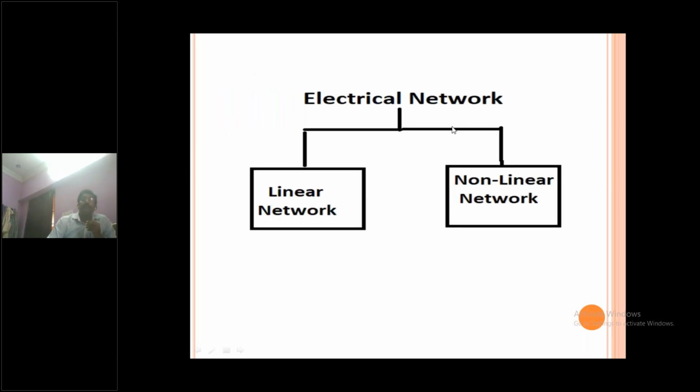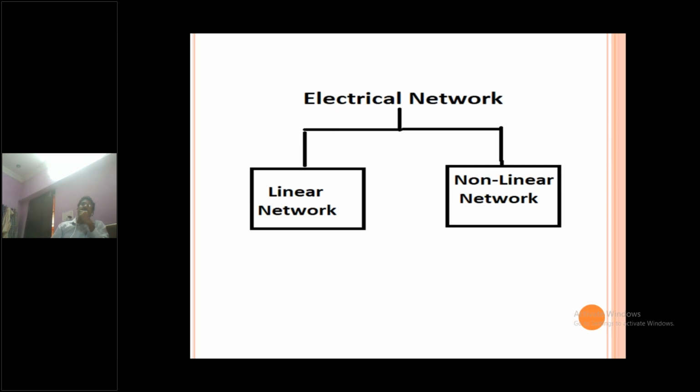First of all, what is meant by an electrical network? An electrical network is nothing but a combination of different electrical elements. The elements considered here are passive elements, R, L and C, or any sources, and similarly any transistors, in a closed circuit. This is divided into two parts: one is the linear network, and the second is the non-linear network. What is meant by a linear network? A linear network is a circuit made up of passive elements, that is R, L and C. Any circuit or network formed by these three elements is linear.